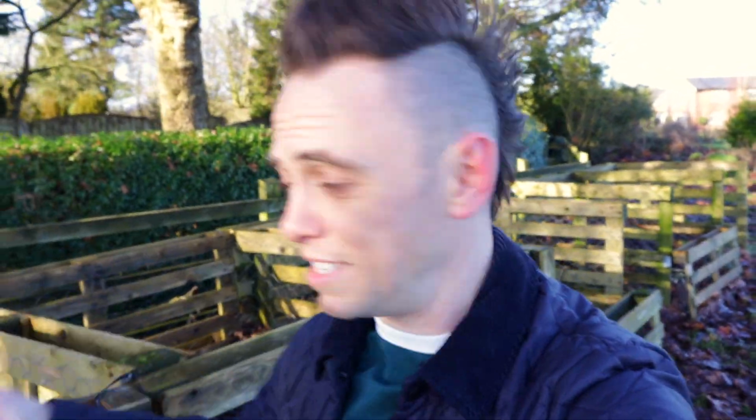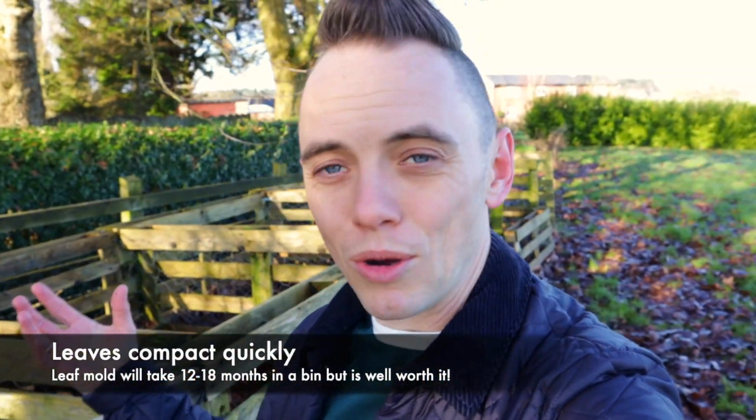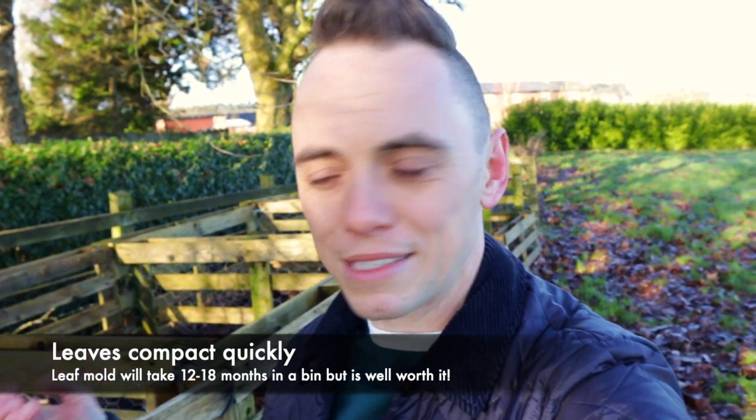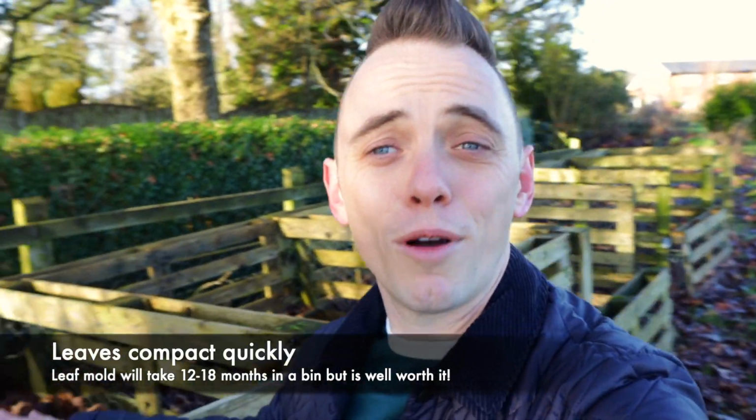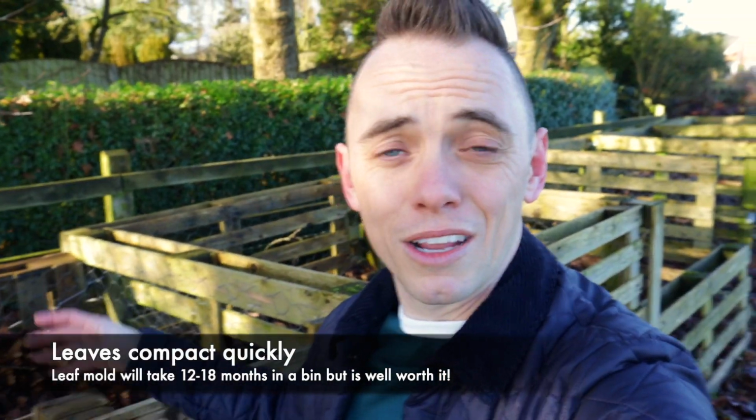So let's go and have a look at the leaf mould bin, because last month I was filling it full of all the fallen leaves that dropped around the garden, and it was full to burst, but as you can see now it's started to drop, and that's because all those leaves are slowly starting to compress and break down. Now leaf mould will take about 12 to 18 months in this kind of bin to fully break down,